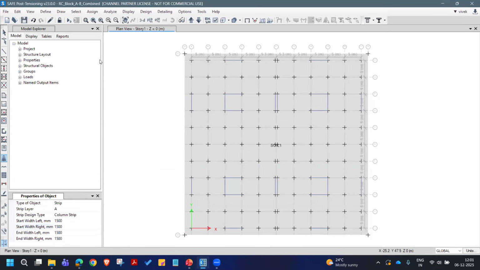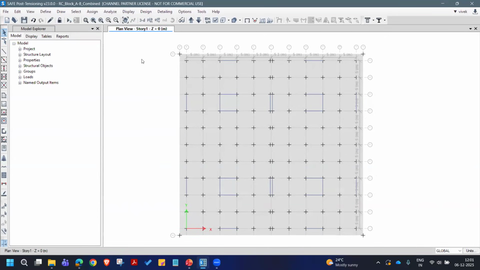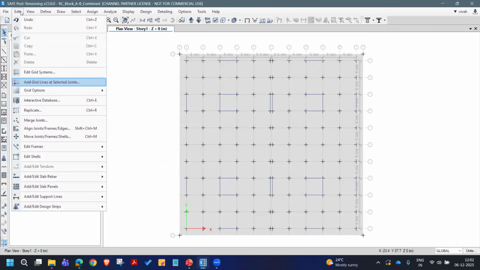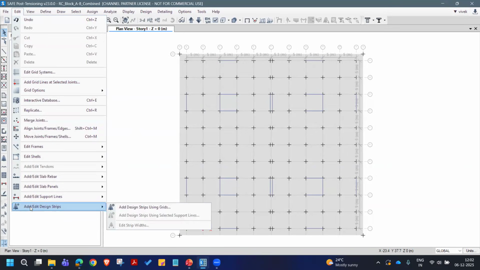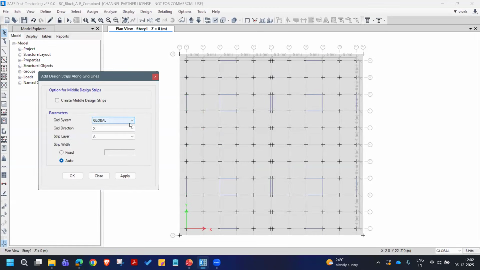Now, instead of drawing individually, I'm going to show you how quickly you can utilize the grid system. That's why I was preparing the grid system for my requirement. Let me show you how to do it. Under the edit menu, you have options. You can see add, edit design strips, add design strips using grids. And then I will use this for creating